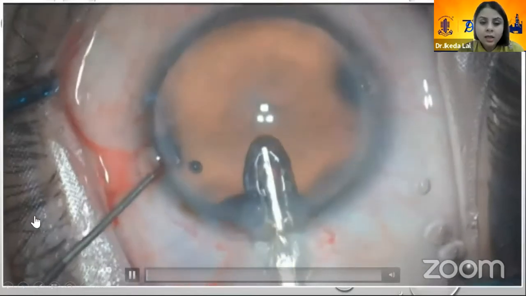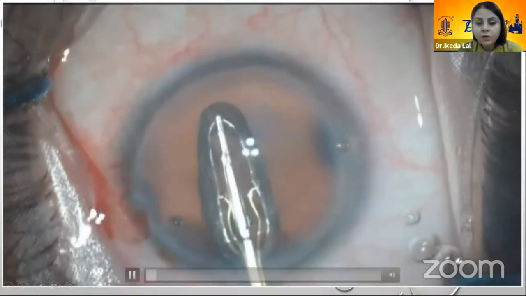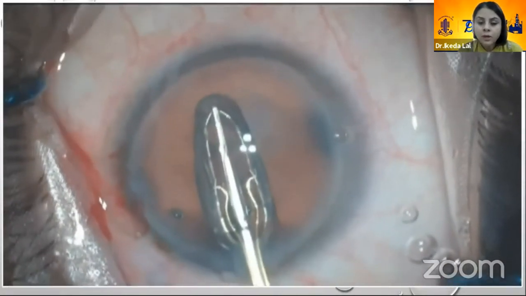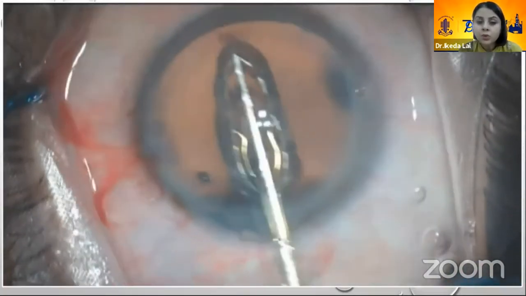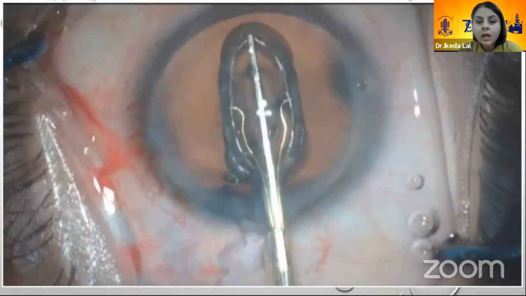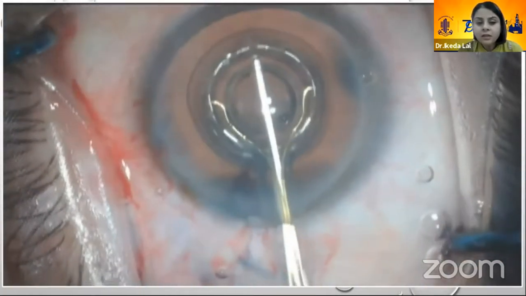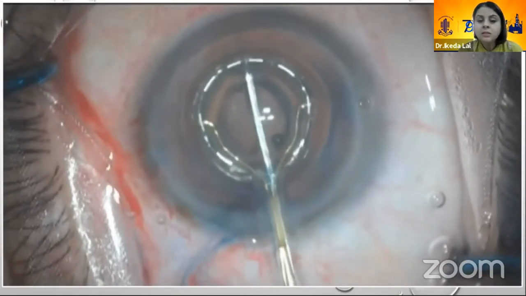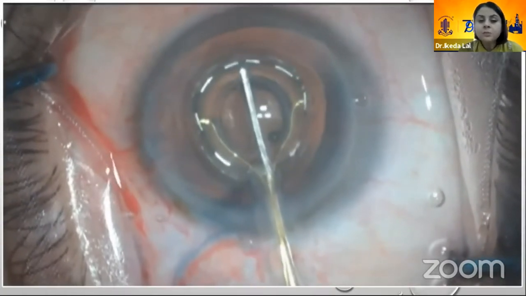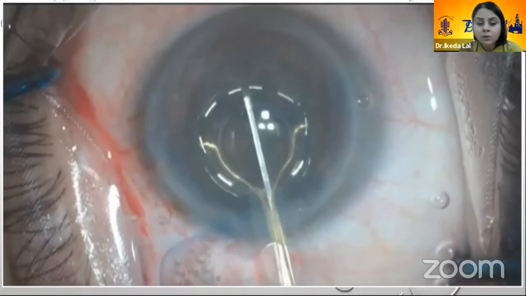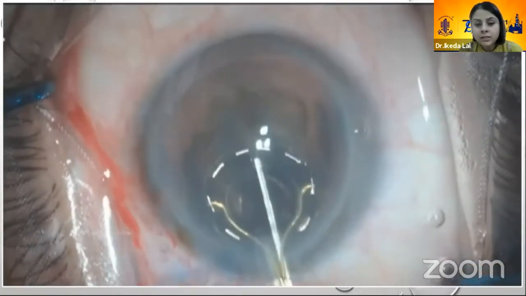Now, this is another case. Here we have a relatively regular cataract with NS2 nuclear sclerosis. And again, we are using the Zepto capsulotomy device. A tip to center this device is to look at the Purkinje image. That's how we can achieve a good centration. Initially, there might be a tendency towards making a nasal CC, as we are likely to do temporal clear corneal incisions.